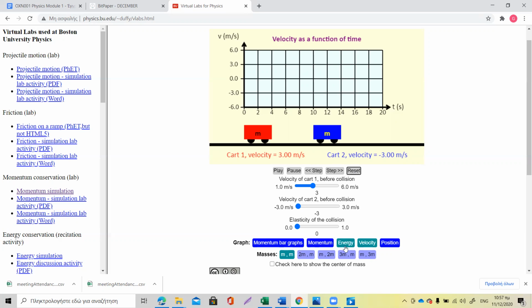But now let's change the masses and put double m and m. But let the velocities, the speeds, remain the same. Let's try it again. Now you can see that the combined mass is not at rest anymore the moment after the collision. Let's watch it again. You can see that it moves to the right, to the positive axis direction,